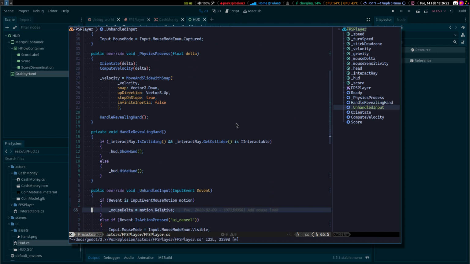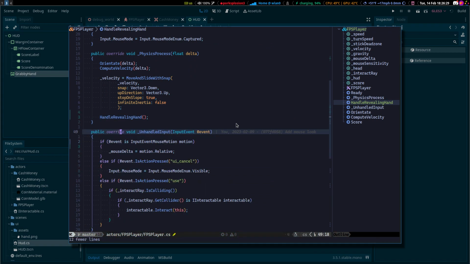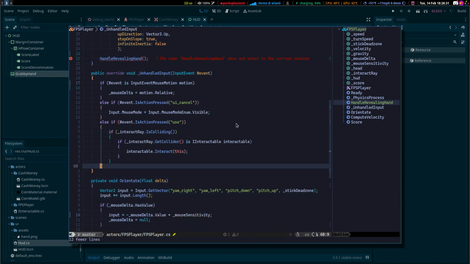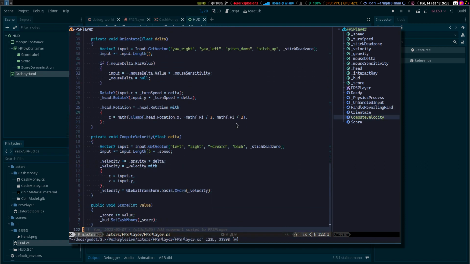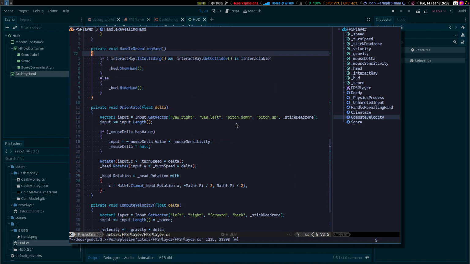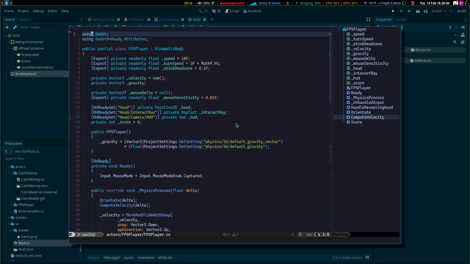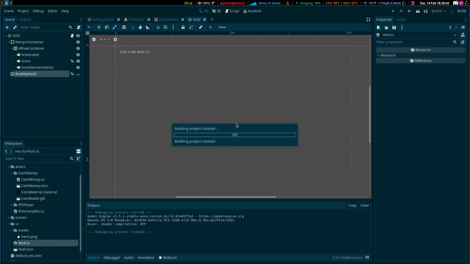There. I want to move that below the override. All right. So now that I've got that working,